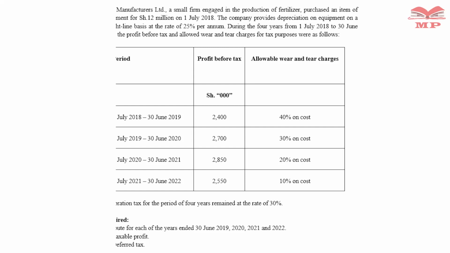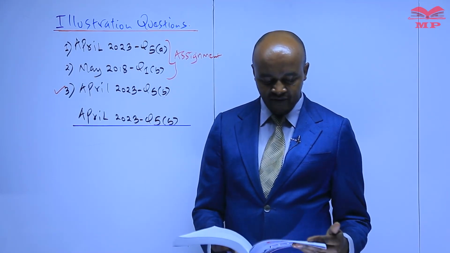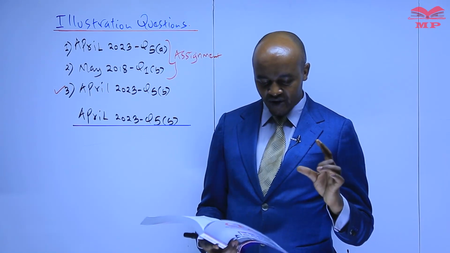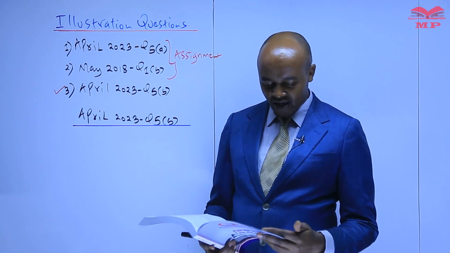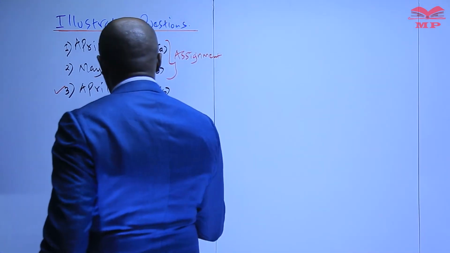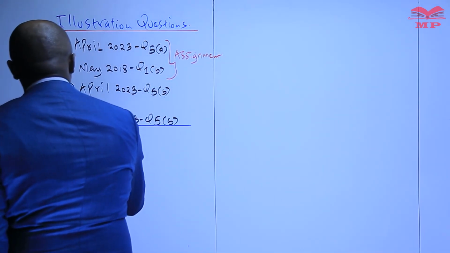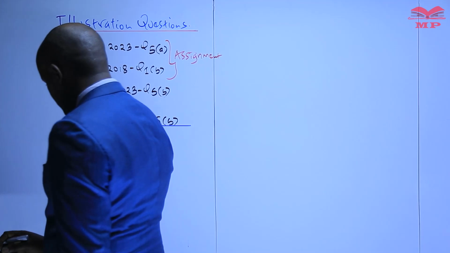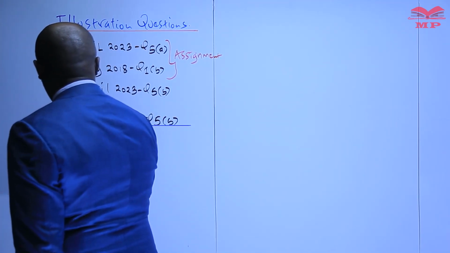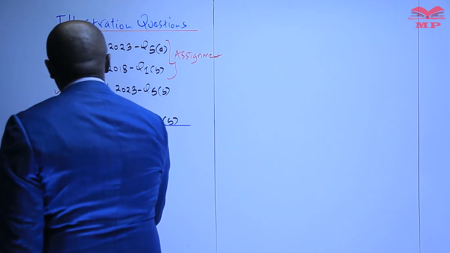So we can start with Roman 1, whereby we are required to compute the taxable profit. But before we do that, there are two items we need to compute, because we are going to use them in computing the taxable profit. Number one, we can compute the depreciation, because we are given information about depreciation there. So let's compute the annual depreciation